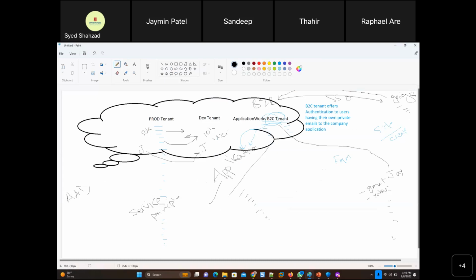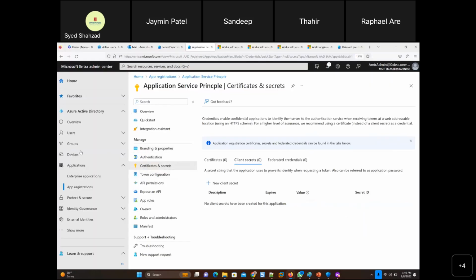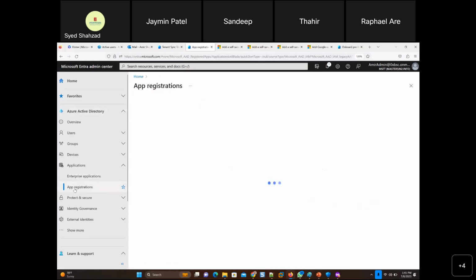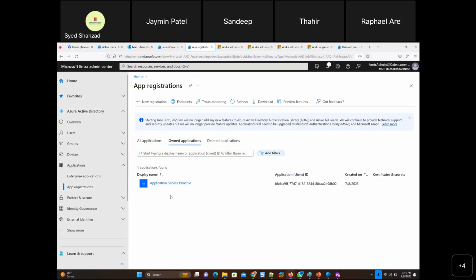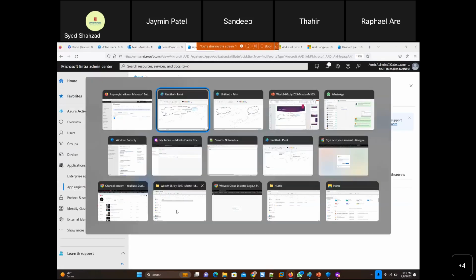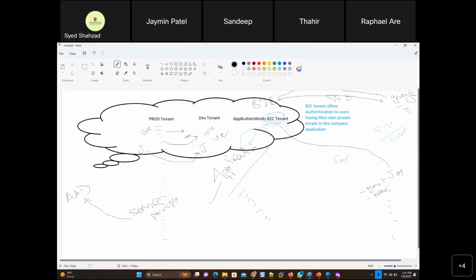So this service principal that I showed you there, in the area of app registrations, this app registration helps you create the service principal. What does the service principal do? This is the name I gave, but it's called a service principal when you create that. What is the purpose of this? The purpose is that whichever application wants to get authentication and authorization for its automated task from Active Directory.